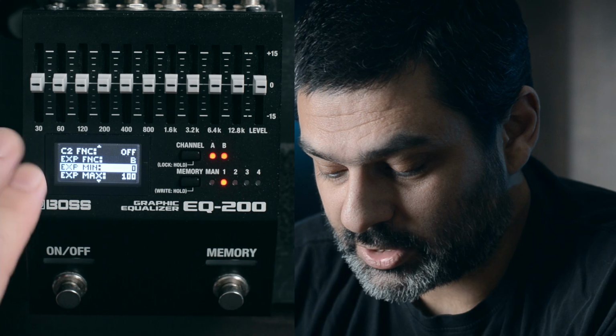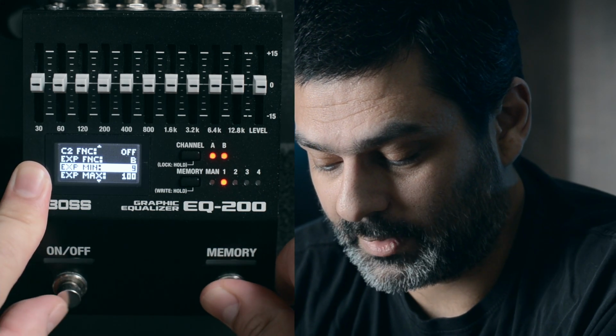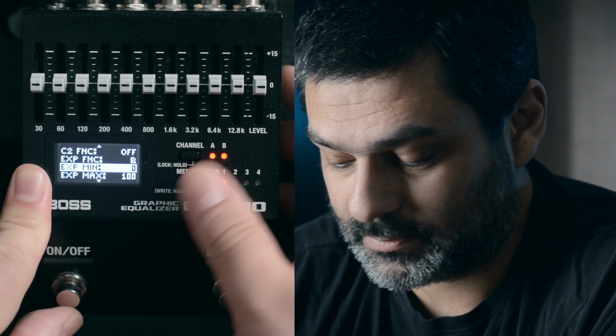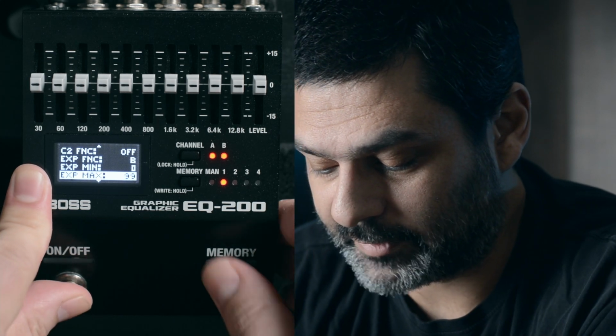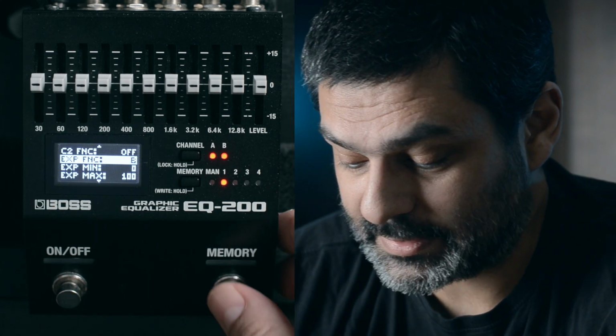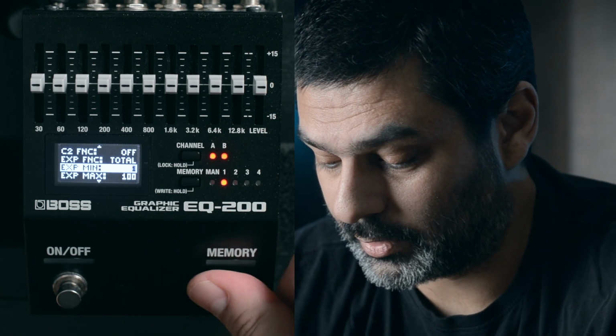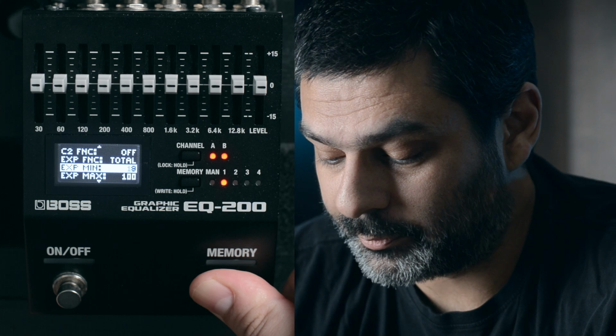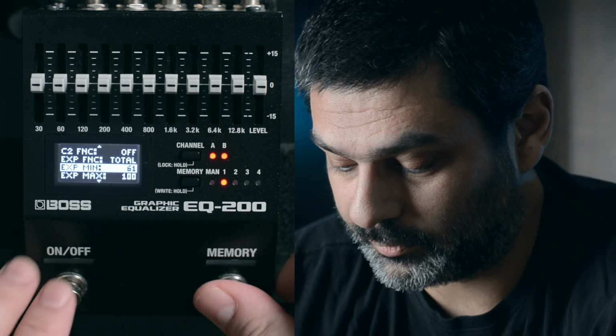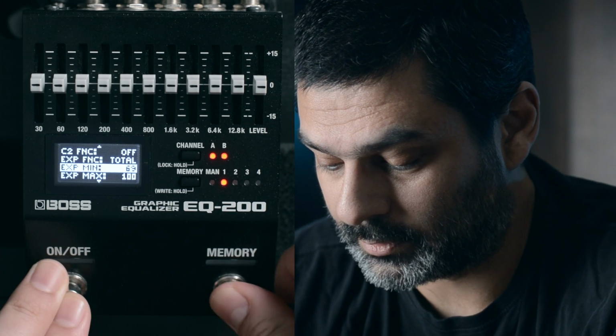And you have another option, which is the minimum value that you can have as your expression pedal value, or the maximum value. So to me, this would make more sense if, for instance, you had this controlling both channels, and you select a minimum value for the expression pedal at 70 and a maximum value of 100, which means that when you are heel down, you have a rhythm sound with whatever 70 means in this case, so 70% of total volume.